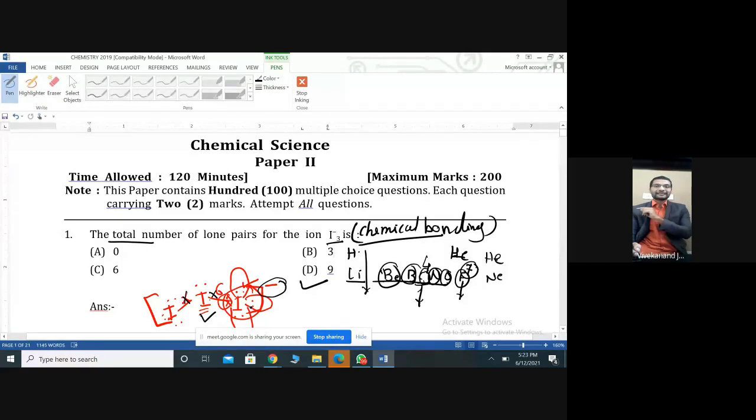In a similar way, they are asking a question to write down the hybridization of a material. They give some molecules and you have to write down the hybridization. In 2019 they asked a question on lone pairs, and in 2021 we had a question on hybridization. You have to follow the same approach and find out the hybridization. I will give you the idea.